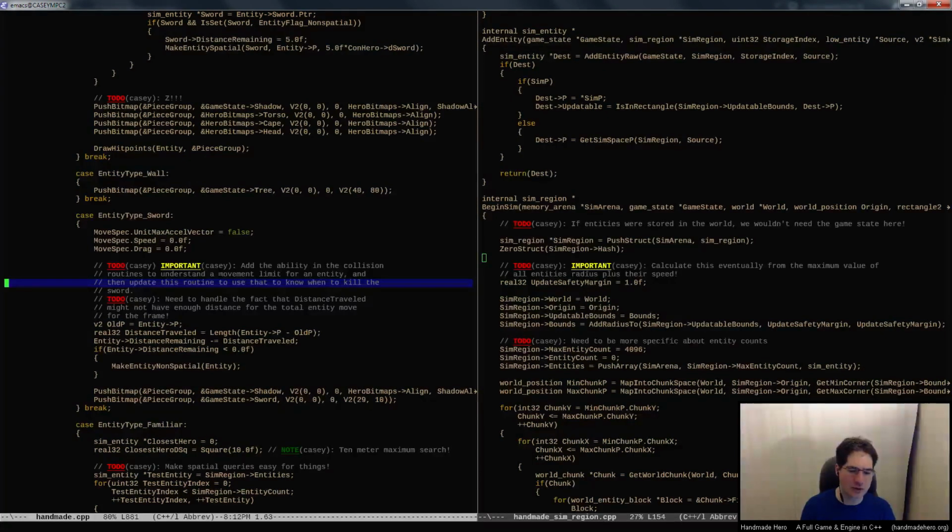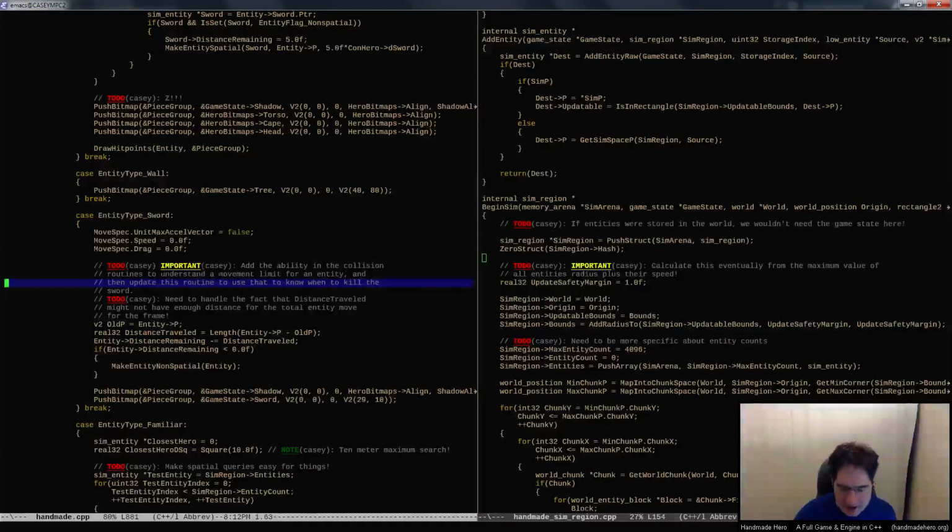Now, what we were doing before, which is kind of a little bit of a hack, was we were just saying, okay, every frame we'll let the move entity call take care of wherever the guy's going to go. We'll look at where the sword was, and we'll look at where it is now, and we'll take that distance and subtract it from however much we said you were allowed to go. However far this sword is allowed to go, we'll subtract it, and when that gets to 0, we will know that it's gone as far as it can, and we'll get rid of it, right? That's what we'll do. That's all fine,